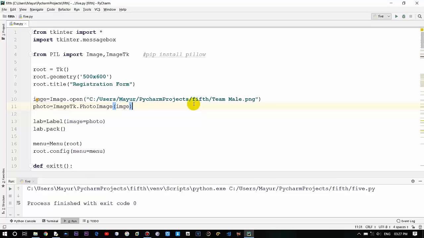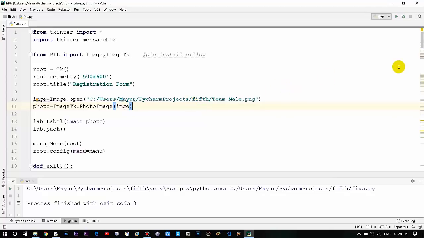So after a successful registration, I want a new window about login, that kind of situation. So in here I'll just show you a small demo that how you can create a window within a window in Tkinter, and